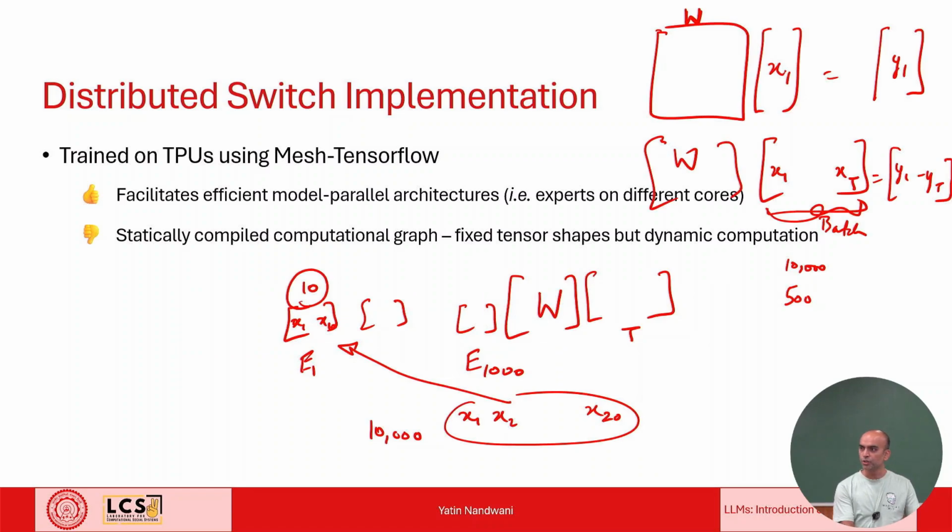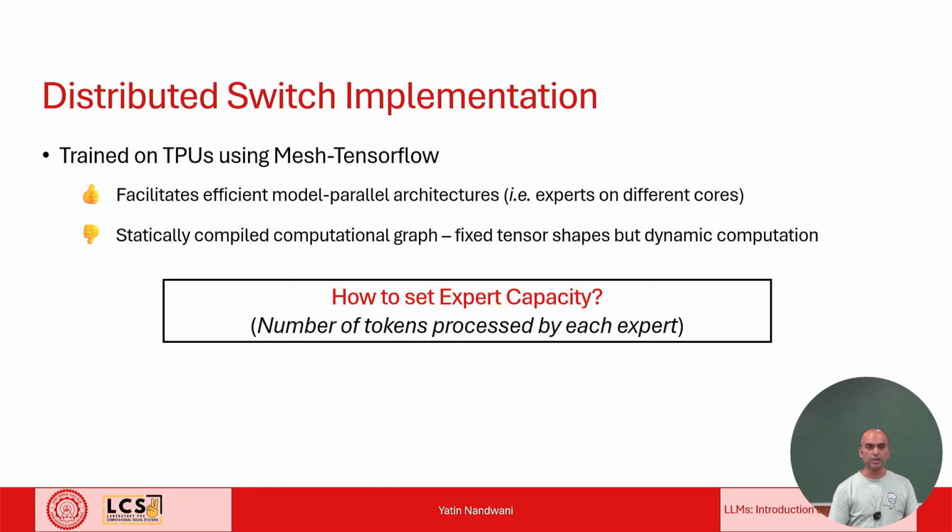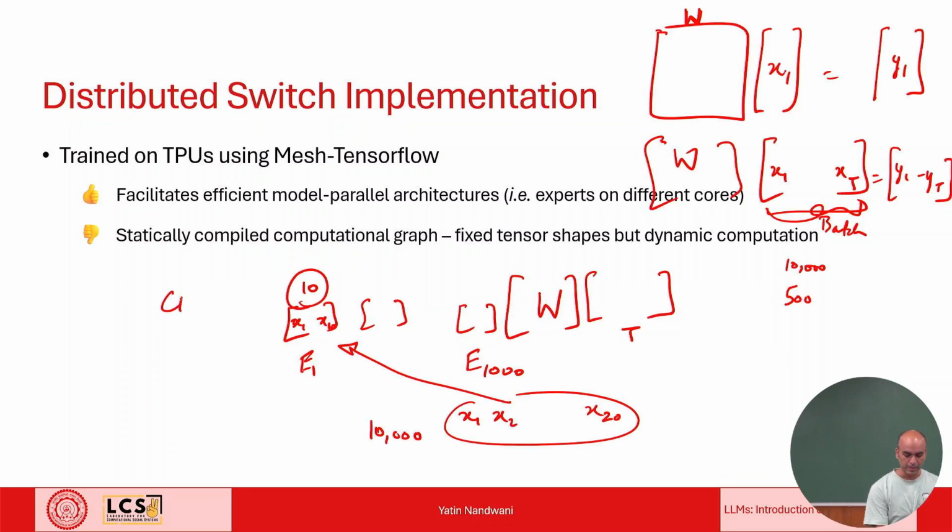Here, when I'm assuming uniform distribution, I'm distributing the batch size uniformly. So this is called capacity factor of 1. If I keep some buffer, let's say I say that each expert can take not 10 but 15 tokens, then each expert W1 can get, I will reserve space for, let's say, x1 till x15. So this is capacity factor